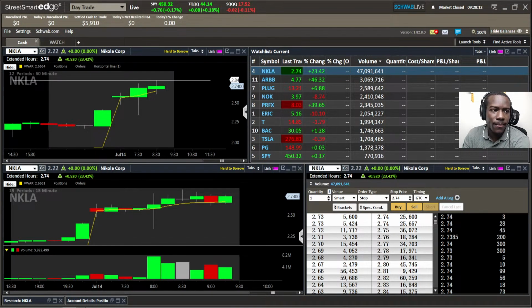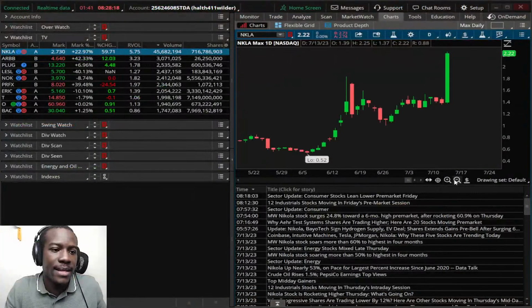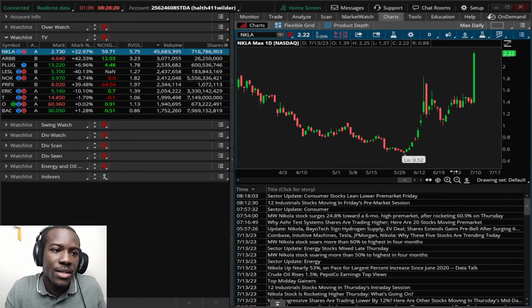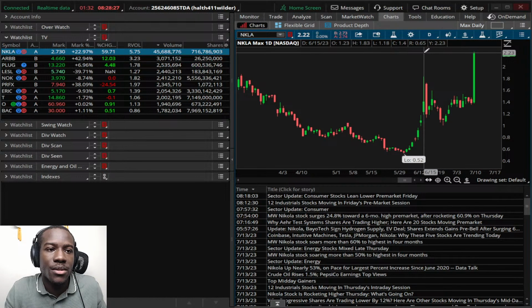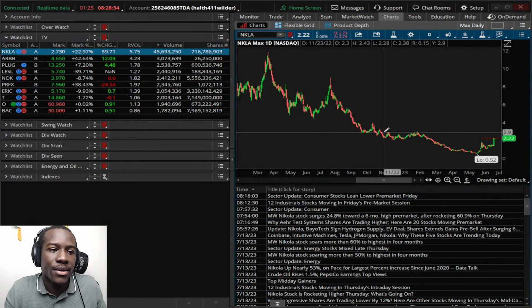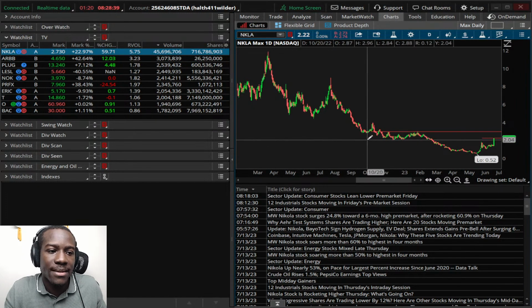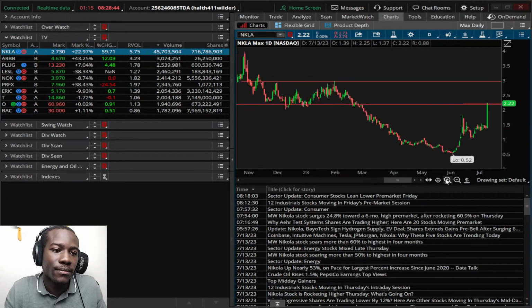On the hour chart, if we look over here on the daily chart, we can see that it closed yesterday at a higher high, $2.23. And now it's up here at the 270s, but it's still under this little 296. It's got a little consolidation in here though. But yeah, I'm just not interested in all this chop.